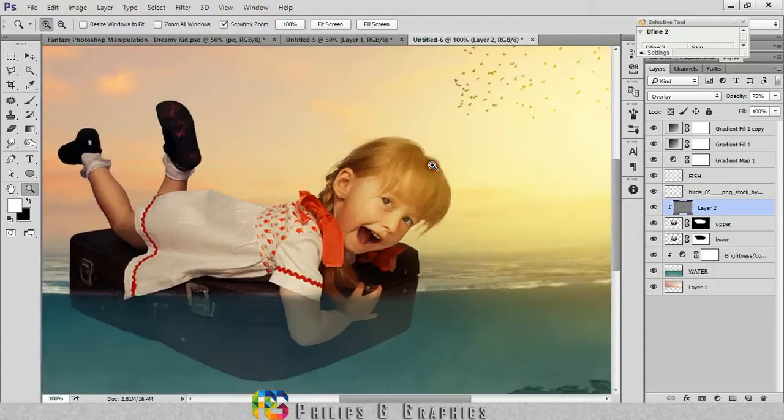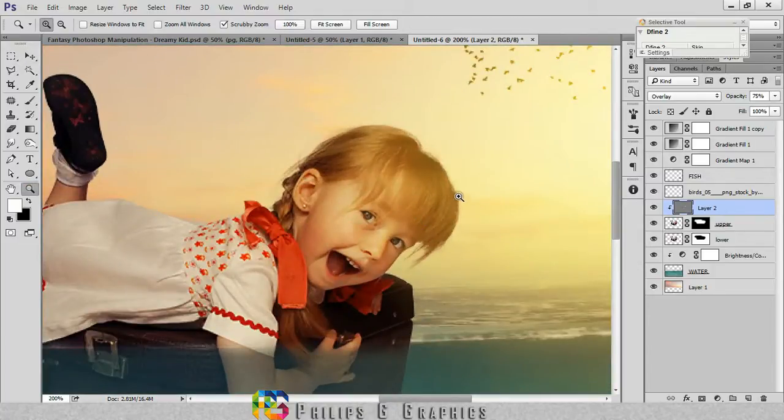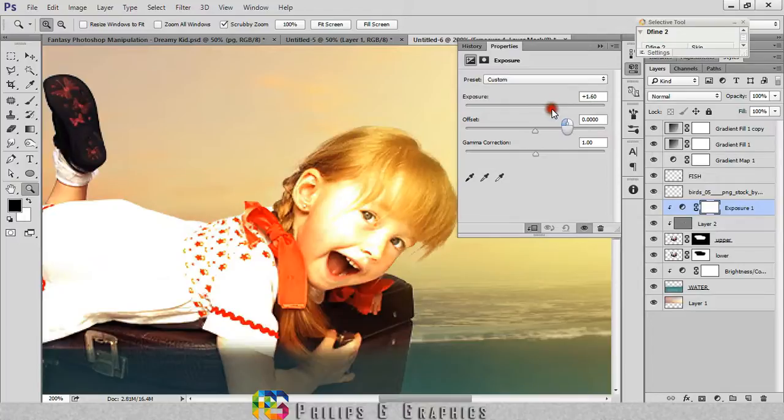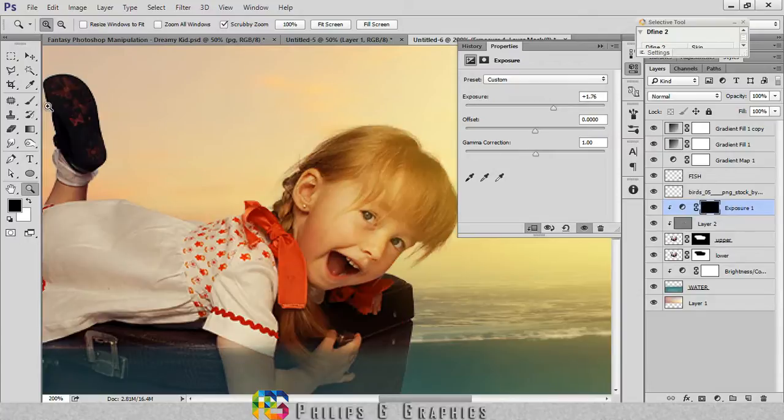I want to add some light around the hair of the model. Okay, so I'll do this by using the exposure. So I'll click on my adjustment layer, add exposure, and also I'm going to create a clipping mask and increase the exposure. So this only affects the model. I'm going to invert this by pressing Ctrl I, and I'm going to choose my soft brush, reduce the size just a bit,